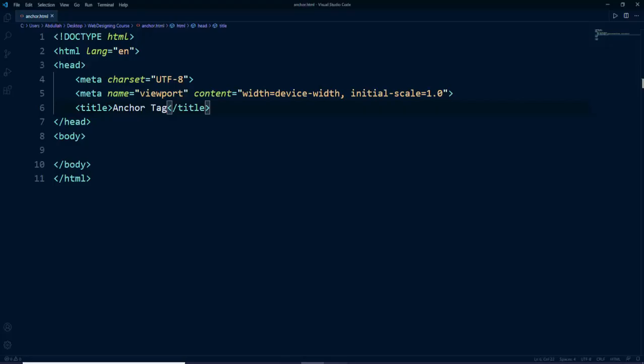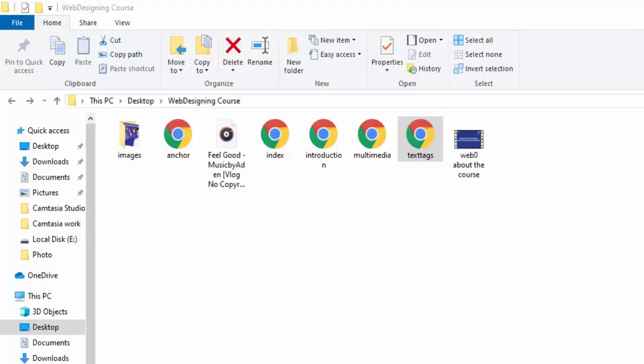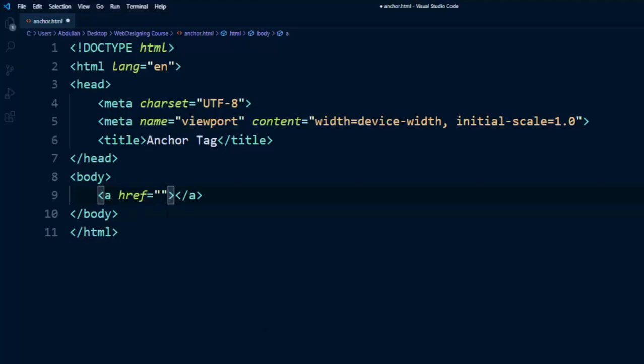Now let's go back in the IDE, and here what I will do, I will add a tag which is the anchor tag. If you type A and hit enter, it will autocomplete this A tag. Now in the hyper reference, we need to specify the address of the web page. Now our web page is in the same folder, so we don't need to specify the whole path. We just need to add the index.html name. So I will go back in the IDE, and here I will say index.html, and here I will add the text that the user will see. Now we can add any text, so I will say click to see the list.